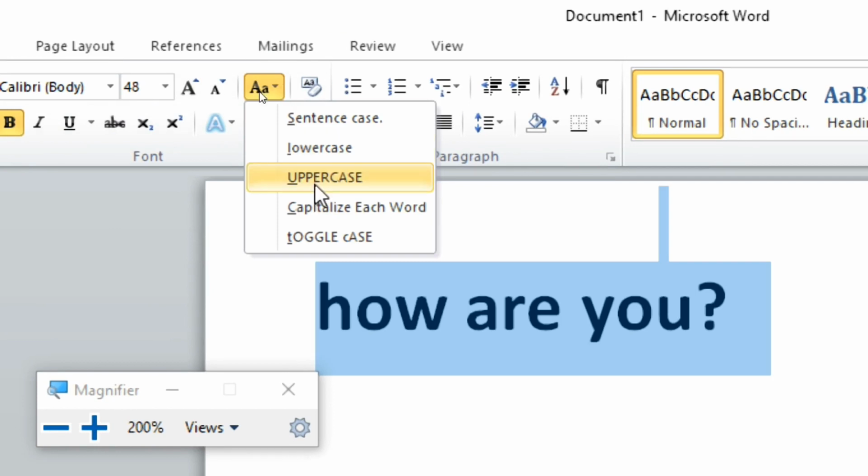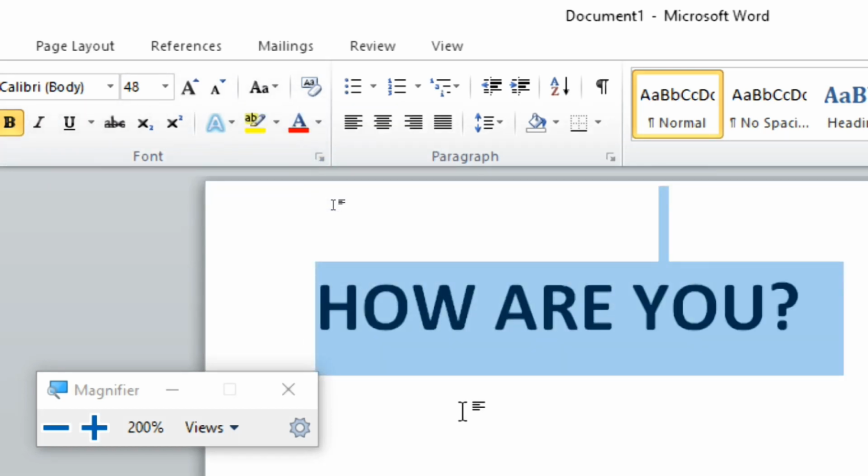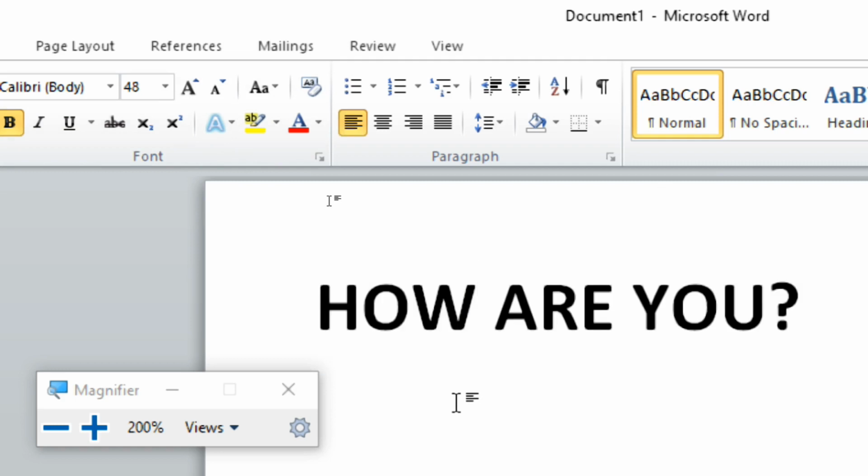Can you see uppercase here? I'm going to click this. Now you can see the changes, children. Now every letter is a capital letter. I hope this much is clear.